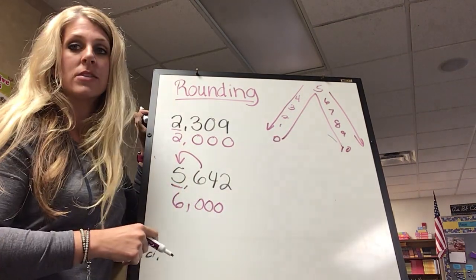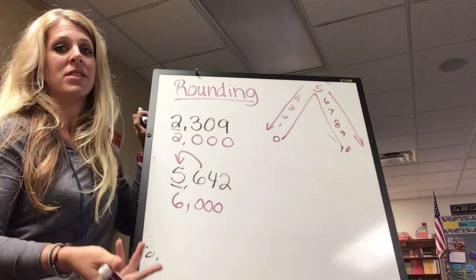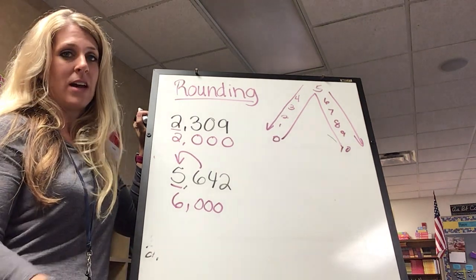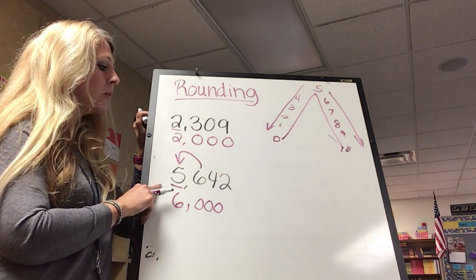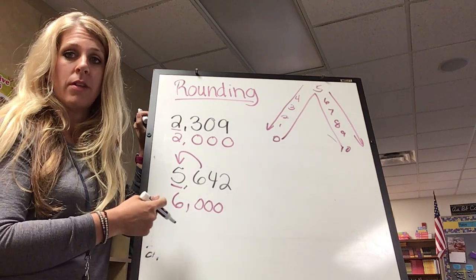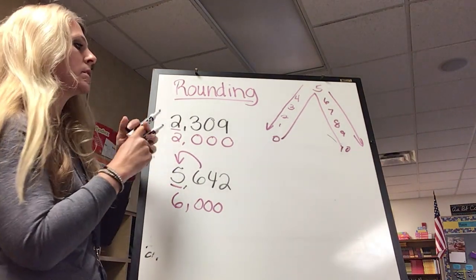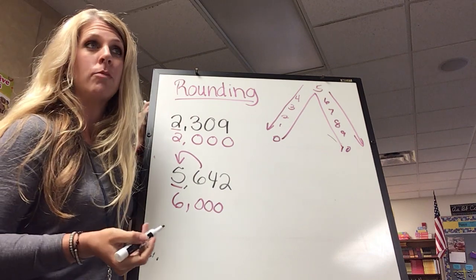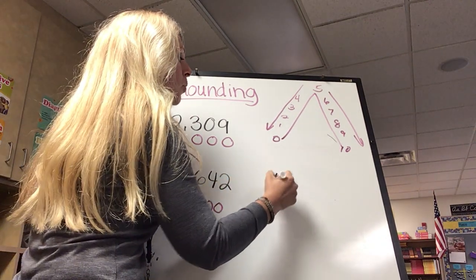Okay, we can do this method for any place value, whether you are rounding to nearest 10 or 100, in this case 1,000. We could do it for 10,000s. We could do it for 100,000s. We could also do it if our number is bigger than 1,000. So let's take a look at an example like that. What if we had a really big number? What if we had the number